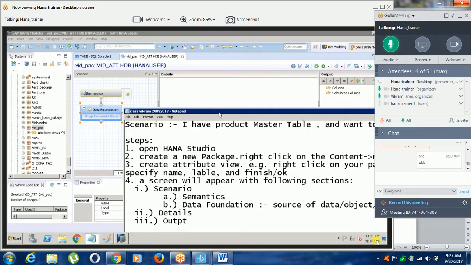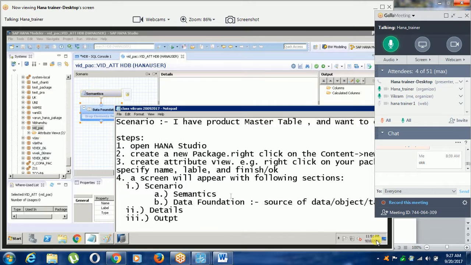Semantics means list of columns. Details means details of the selected object. List of columns means field names.